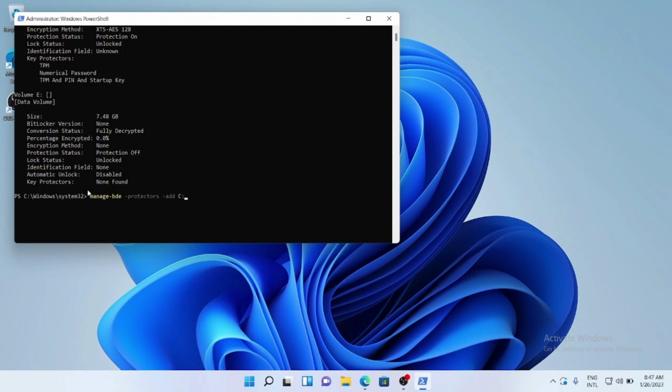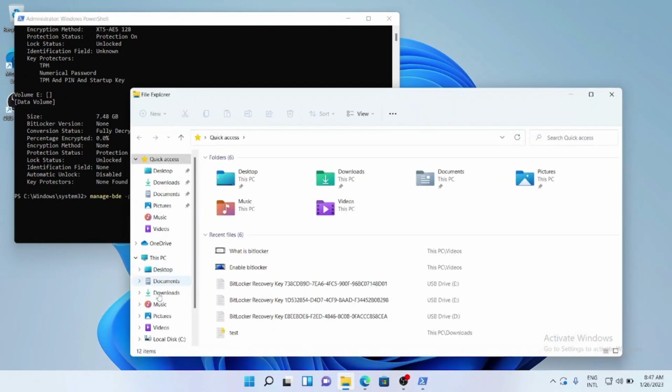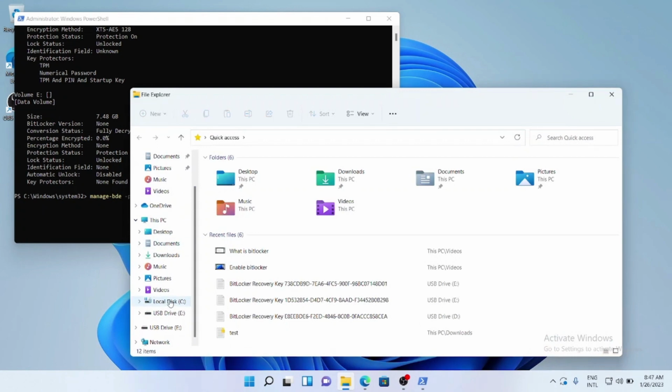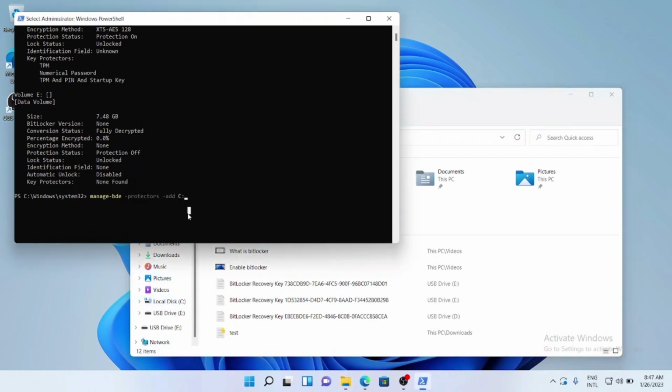So C is obviously just whatever drive you have. If it's A, B, whatever, just check. You can go to File Explorer, and it's right here. Local Disk C for me. And next,